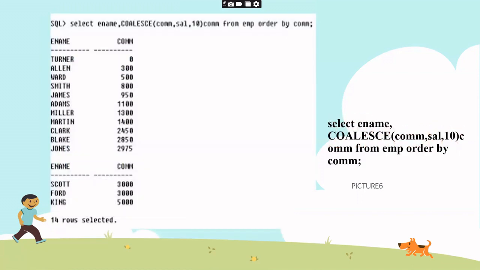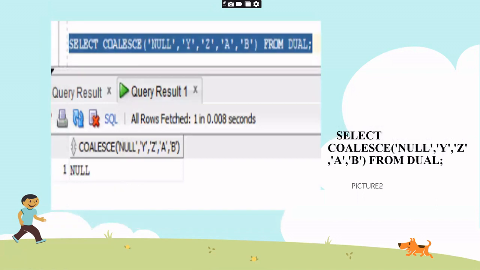Select ename, COALESCE(comm, sal, 10) as commission from EMP order by commission. So the commission will be in the order by, from ascending to descending. In the COALESCE function, if the commission is not null, it displays that value, otherwise it passes to the sal value. If sal is also null, then it passes to 10. Here nothing is 10 because the commission and sal values are not null, so nothing in this record has been displayed. So here in the COALESCE function the first parameter is null, but it is in a string, so it will display as